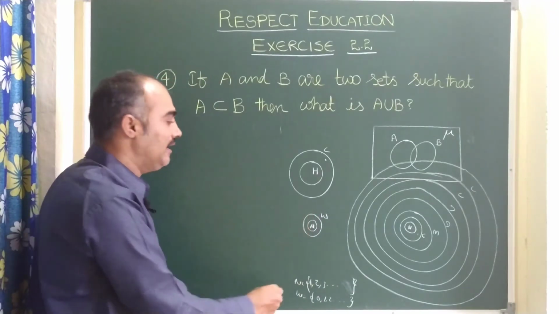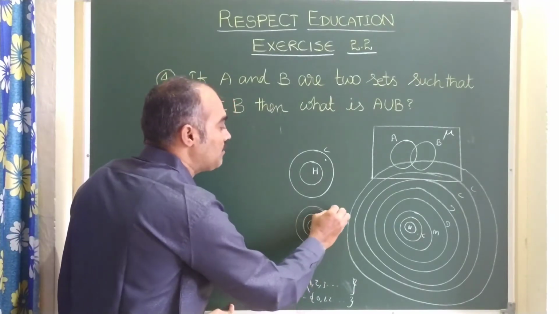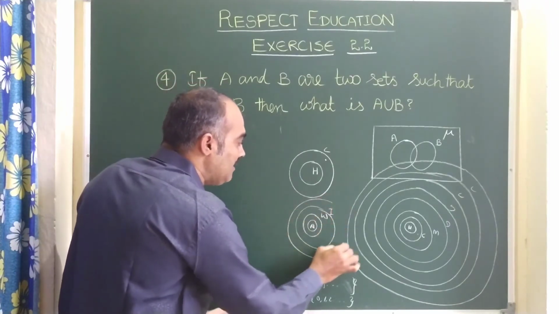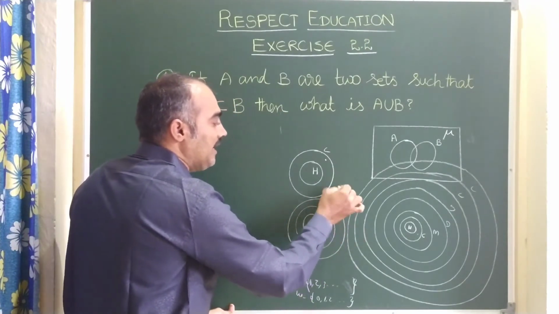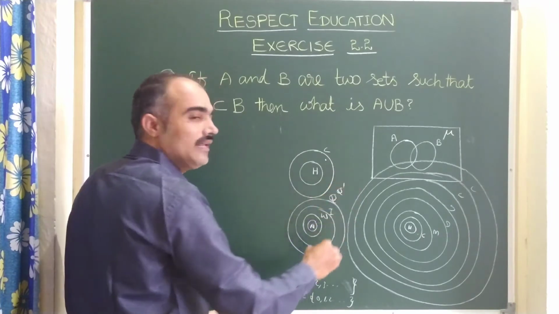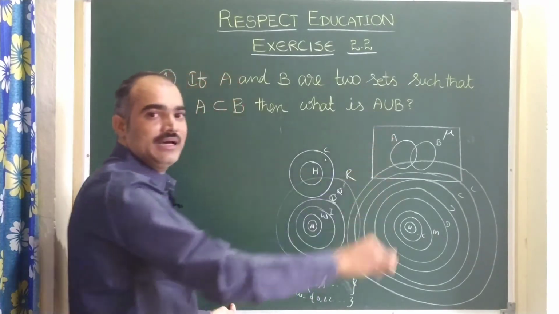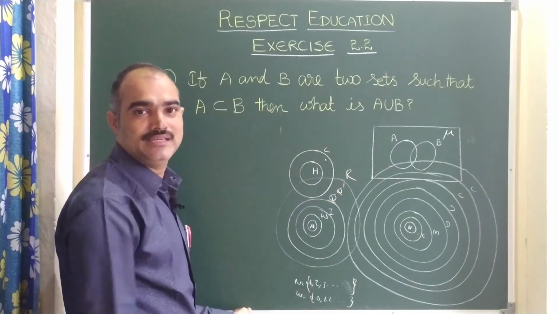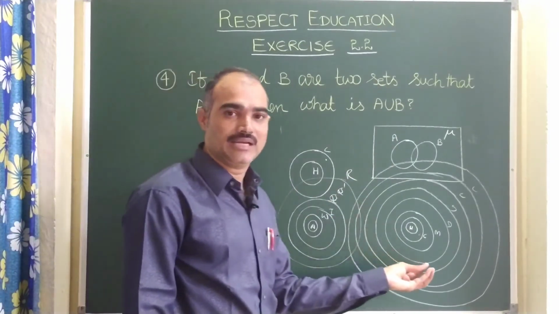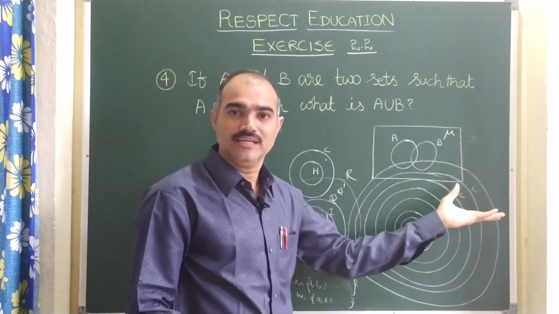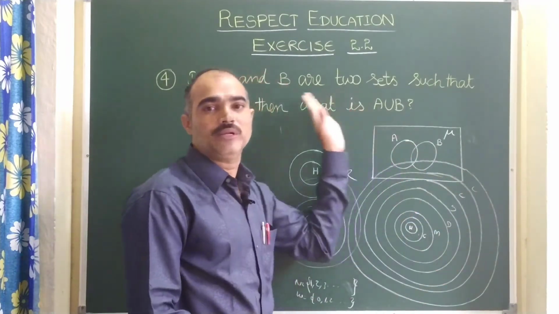N is smaller than W. Whole numbers are a subset of integers, right? Again, integers are subsets of rational and irrational numbers, and all these sets are again subsets of real numbers. Real numbers is the superset. See, smaller sets can be called subsets and the bigger one can be called the superset. Is it clear? Now come back to the present question, children.